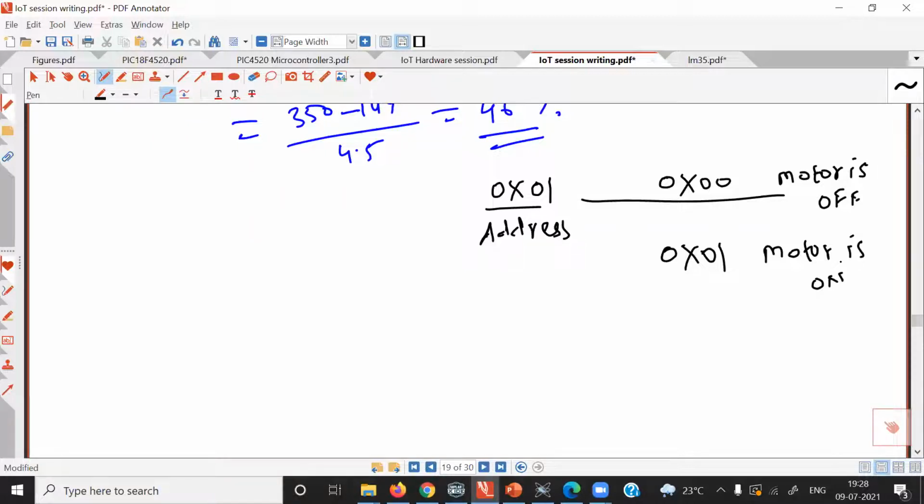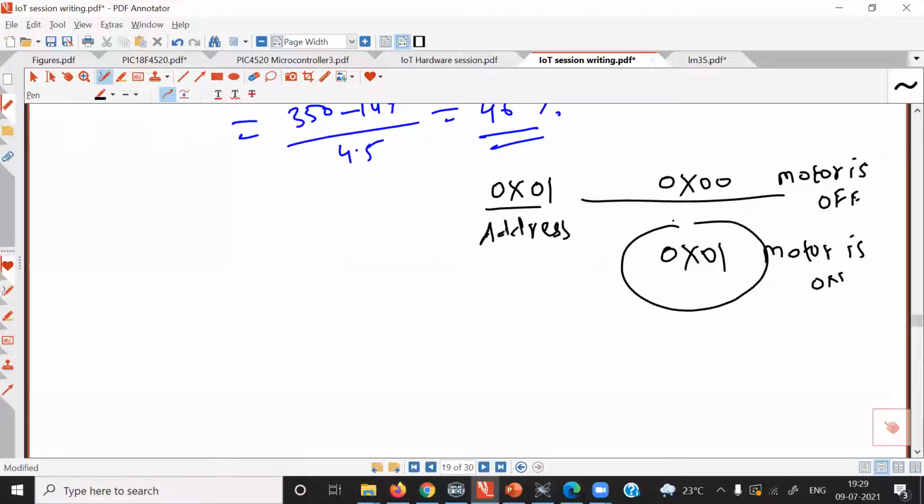So for example, in first location, when data is 0x00, when system receives valid off command from the user, after that I am switching off the motor, and after that I am clearing data in this EEPROM location. I am making this data 0x00. And whenever system receives on command to switch on the motor, motor is switched on with the help of other bits, and in this EEPROM location I am writing 0x01.